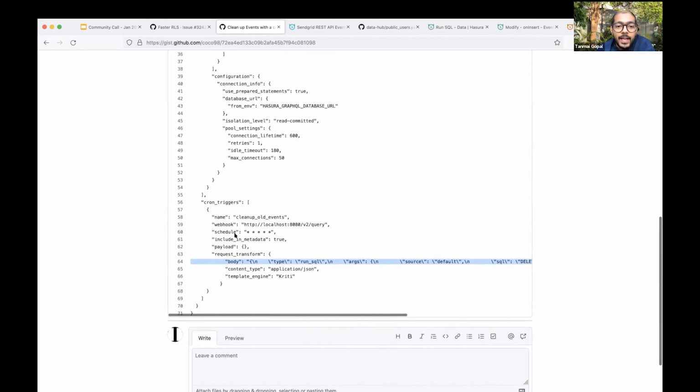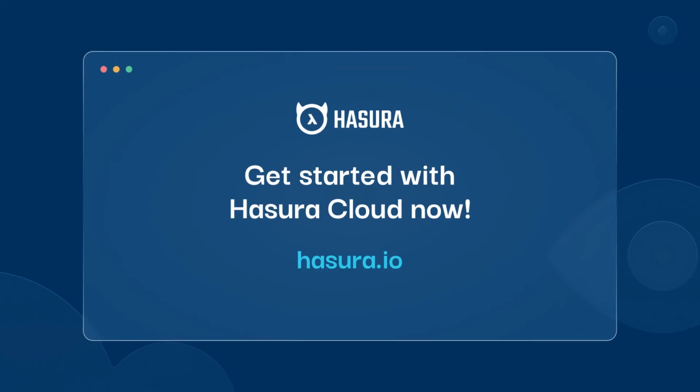So we'll share these in the description for the call so that you can take this for a spin as well. There are all sorts of cool things that become possible by being able to call Hasura back from Hasura itself, with either event triggers or run SQL. For example, if you're using Hasura's caching, you can use event triggers to invalidate the cache directly, right? So that becomes